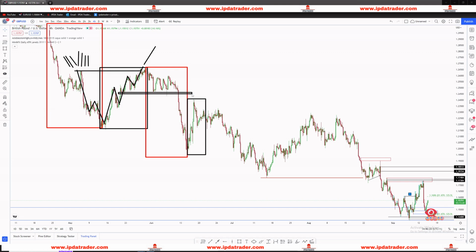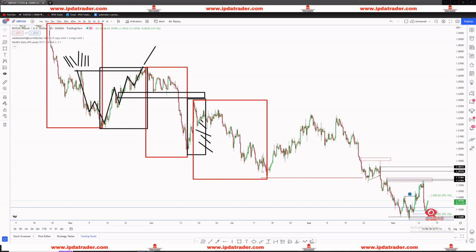And once again, your job is to understand where we are looking to target as we're retracing. If you're trading the pullback, your job is to identify where we are looking to hit and why. And you have to understand the concepts such as breaker blocks, order blocks, imbalances, supply zones. These things will help you in determining where price is headed as it's pulling back. But you can see that once we reach the area of interest, price creates a new expansion lower.